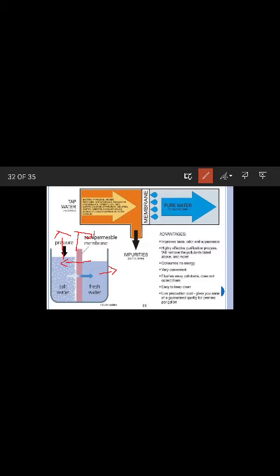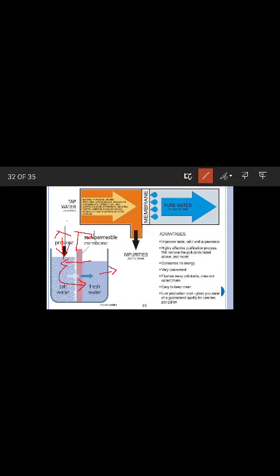But we need the salt water to be converted into drinking water. For that we apply an excess of hydrostatic pressure, in excess of the osmotic pressure, on the concentrated side. When we apply this kind of pressure on this side, the solvent flow gets reversed and moves from the higher concentration side to the dilute, or lower concentration, side. In this way, salt water is converted into drinking water.